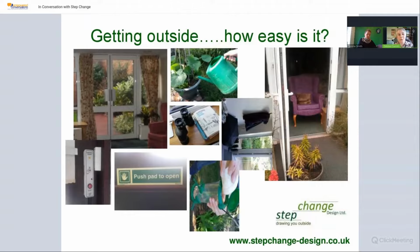Once out, very often things unfold quite quickly, but it is that transition at that threshold where a lot can be done. And we often say for care